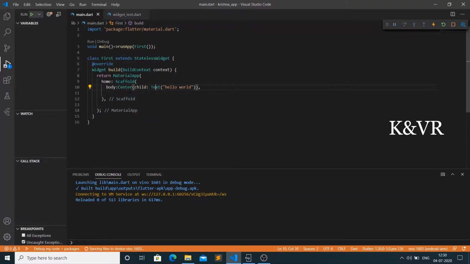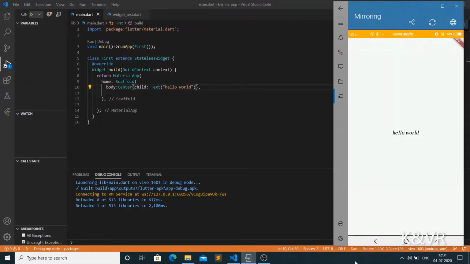It creates a Center, and from that Center it creates one child, like inheritance. See what happens to the output. See, the output has come. Here is the Hello World in the middle of your app. That's it. You have now created a Hello World app in Flutter. See, it's very easy.